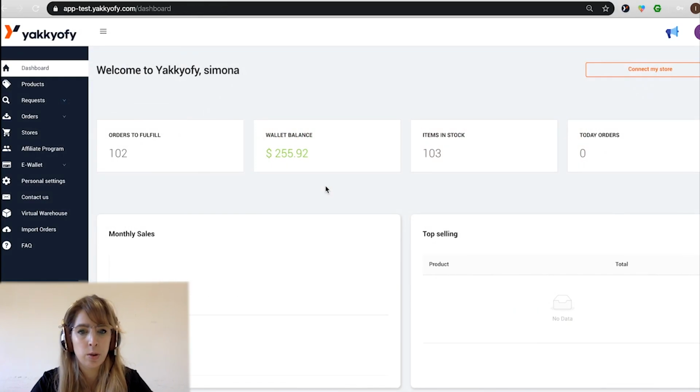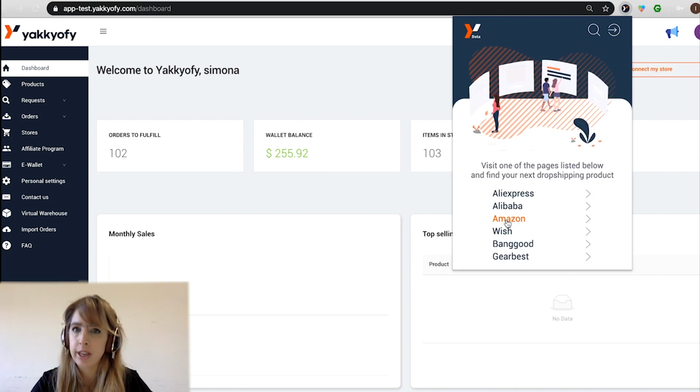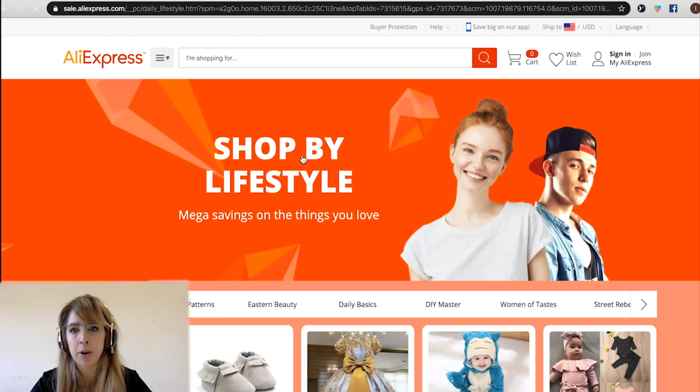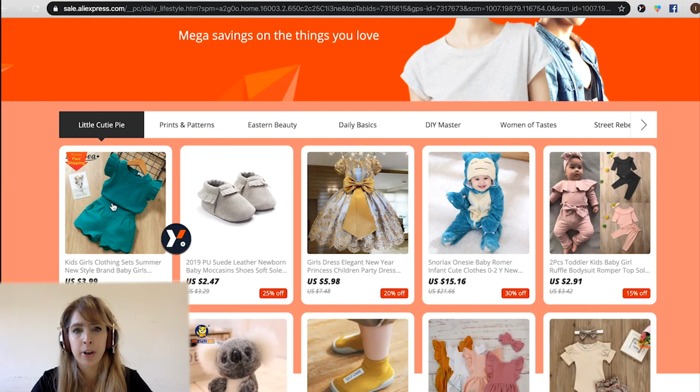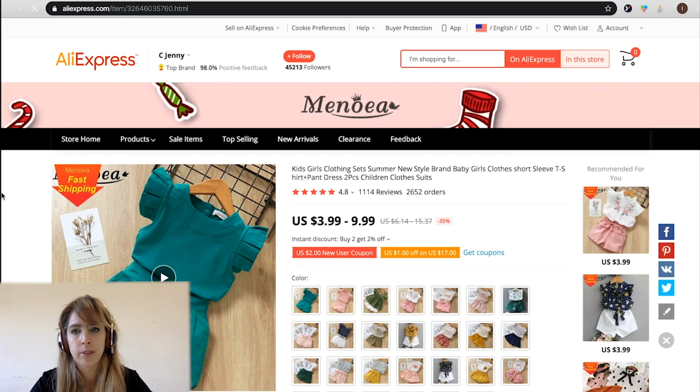After installing the Google Chrome extension, click on the icon and log in with the same credentials that you used to register on Yakify. Here you will see a list of stores allowed. Visit one of these marketplaces and search for a product that you like. Then go on the product page, click on the icon of our Google Chrome extension, select a shipping destination, and click the Start Search button.